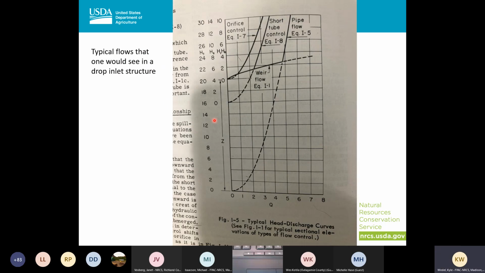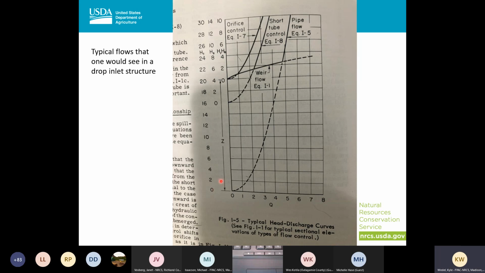And so that's where we talk about how these structures actually work. This is a graph of a general structure and how they found that it worked out in the field. If we look here at the bottom, we're going to have flow. And at the side, we're going to have elevations, and they're going to vary. So this row of elevations is going to be the top. At 0 is going to be the top of my manhole. And then this is what it drops down to, until it drops down to the inlet on the upstream side. And then down here is going to be the downstream discharge elevation. So in this particular case, there's 20 feet from the top of the weir to the discharge on